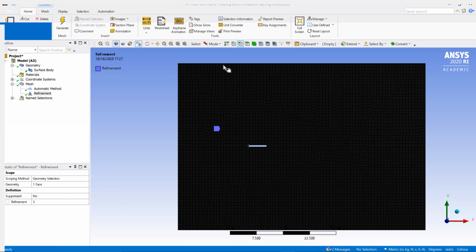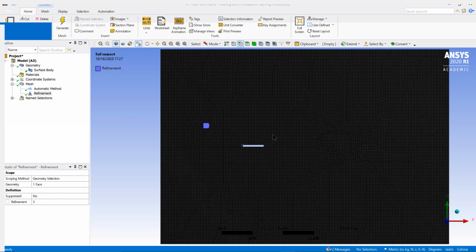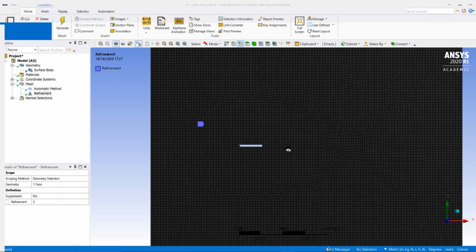So this is how the mesh looks after we did the refinement. So we can see it's a lot better, like more detail. And the next step will be to create the